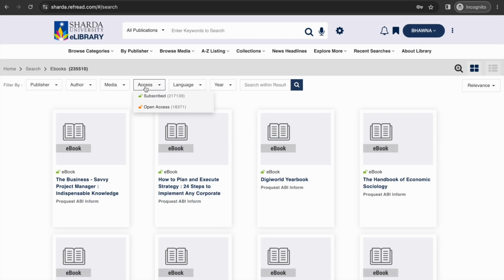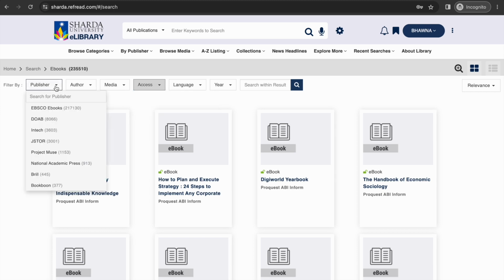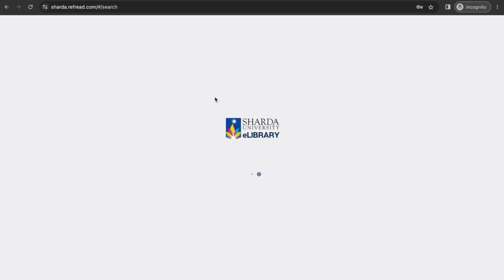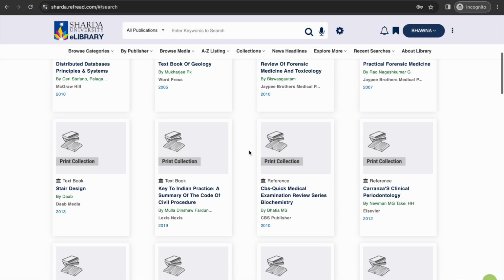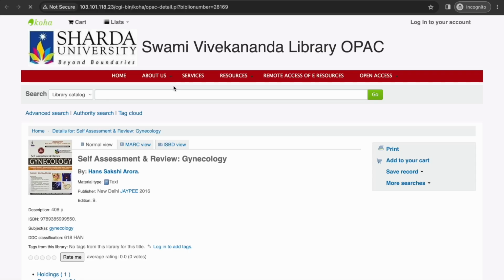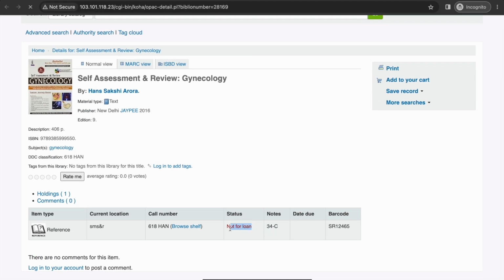You can browse e-content by media as well. Let's click on this link for ebooks here, and you will find thousands of ebooks curated from many publication sources. Most importantly, Sharda University Library OPAC has also integrated with the eLibrary and you can check the print collection with real-time status. Just click on any check button and you will be able to see the current status of the book